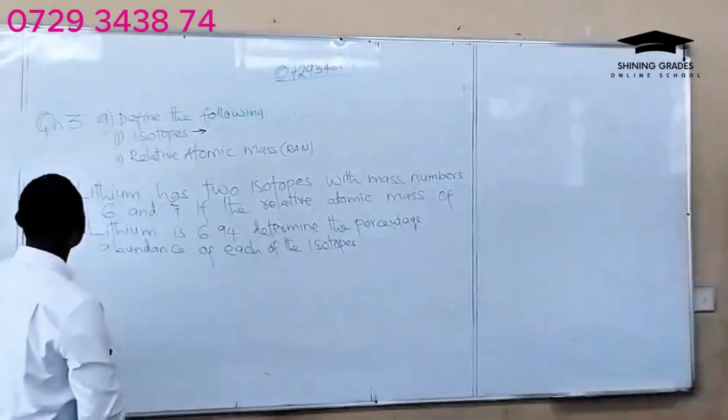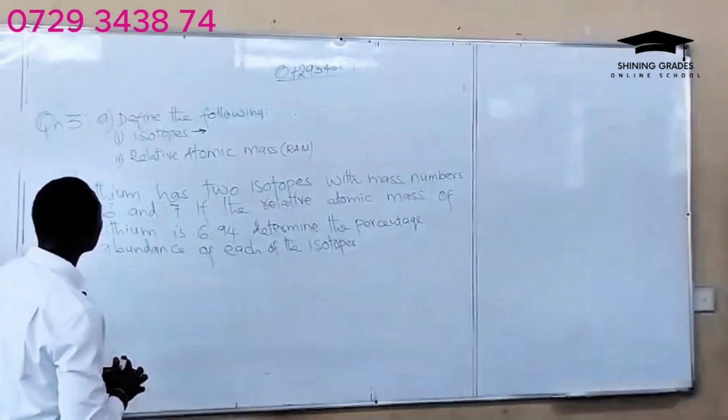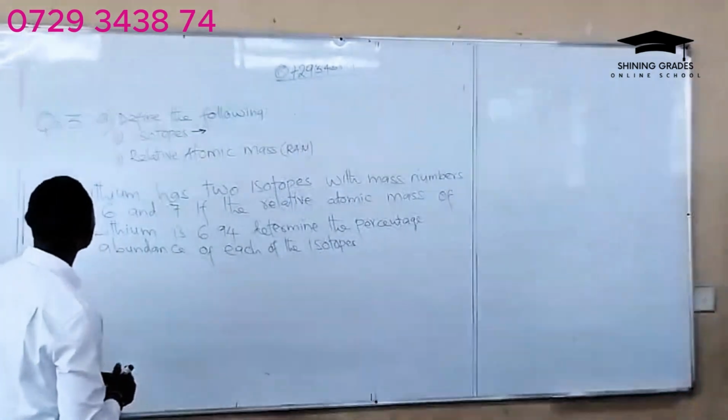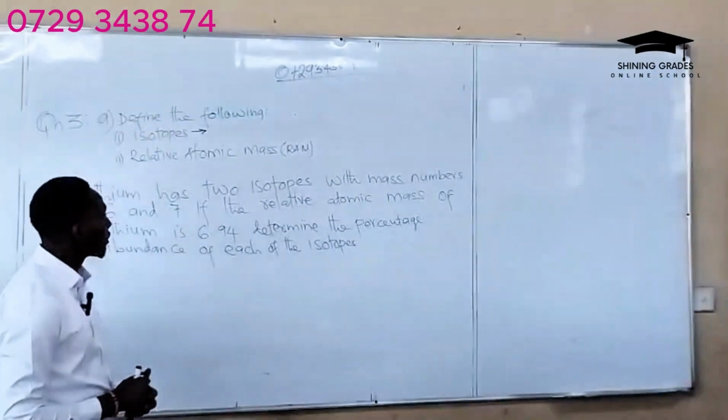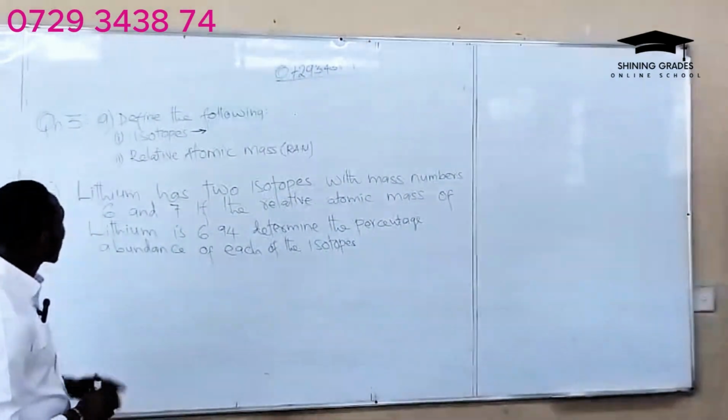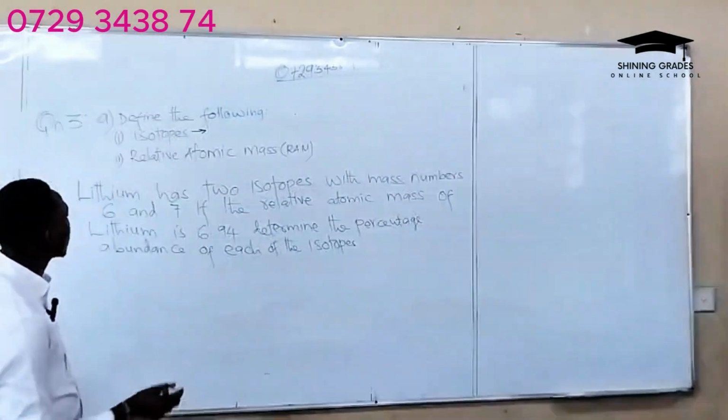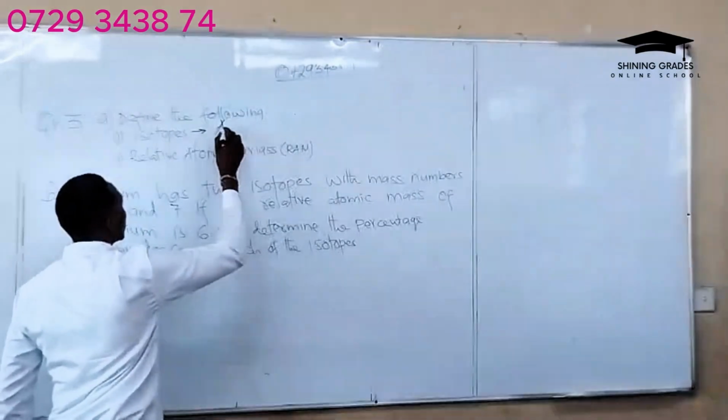Question number 3. Define the following terms. Roman 1, isotopes. Roman 2, relative atomic mass. So what are isotopes? Isotopes are